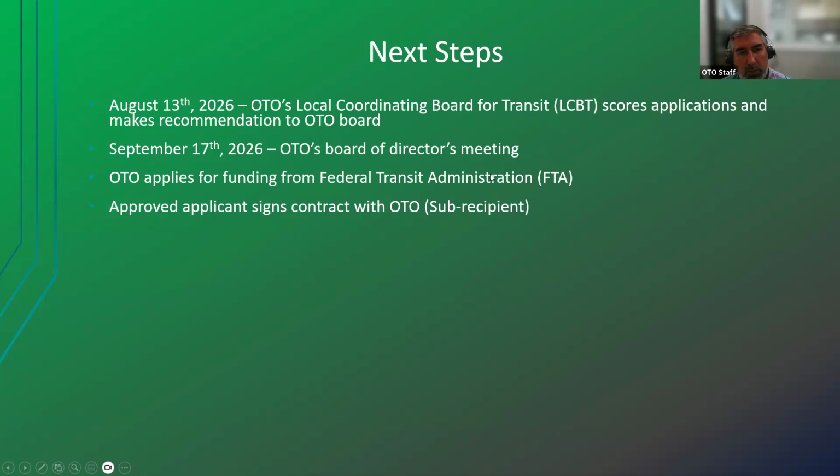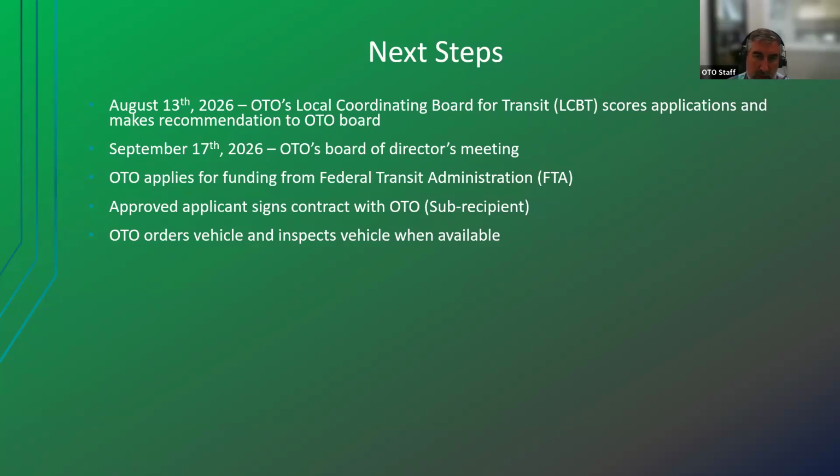Once we have the approved funding from them, we can already work on the contracts with the agencies as subrecipients. As I said, there will be some federal clauses, and everything will be outlined in that. Once that is signed and we have all that, then we can order the vehicles. Normally, after ordering, it takes 180 days in the contract to get the vehicles from the vendor. We will then inspect the vehicles, and then the vendor will deliver the vehicle to your facility.